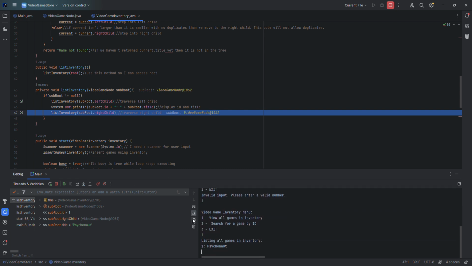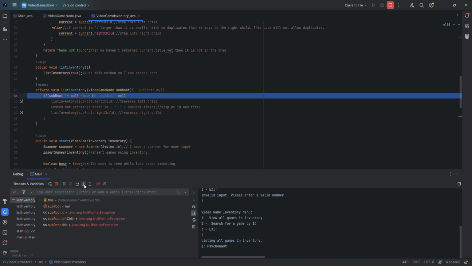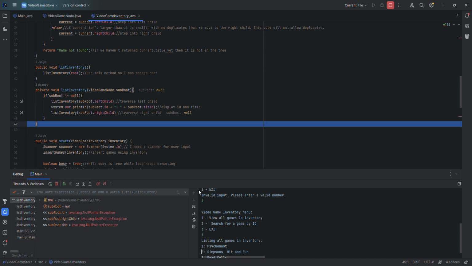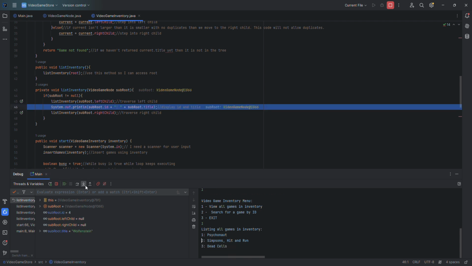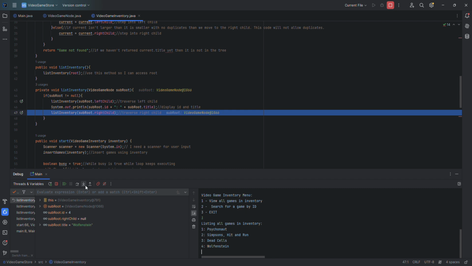Oh, I don't have them listed. Okay, that's what I'm doing right now. I'm just curious if it's going to traverse in order. 1, 2, okay. So it doesn't matter how we inserted them. When we list them, it's going in order. And that's because